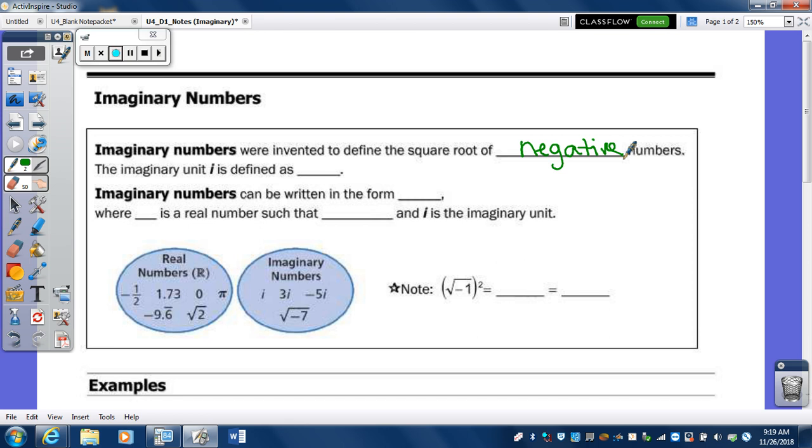So that's when they realized that there were these imaginary numbers, and that allowed them to answer those problems they were trying to deal with. So the imaginary unit i is defined as the square root of negative 1. So i is the square root of negative 1. So imaginary numbers can be written in the form a plus bi,